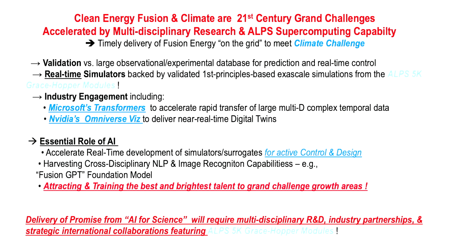Validation against large observational and experimental databases for prediction and real-time control is obviously a major challenge. The real-time simulators that I've been talking about, where you can test these things in real live experiments, this is the way you have to do it. Otherwise, you just can't accept people just saying, well, we're going to put power on the grid in 2 years or something. How are you really going to do it? What have you done to make us believe this?